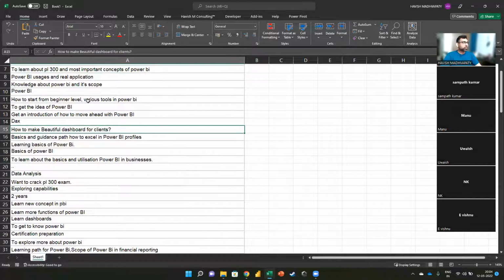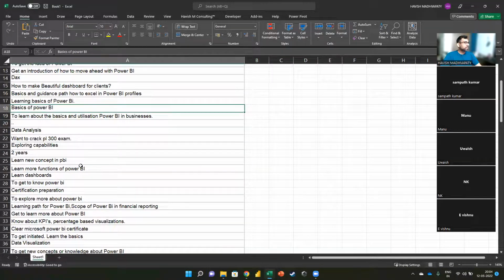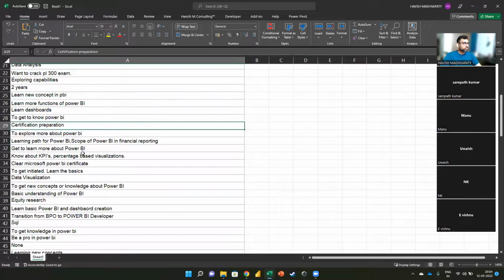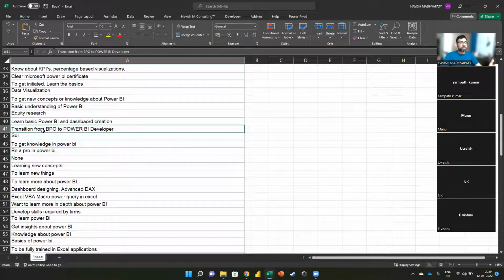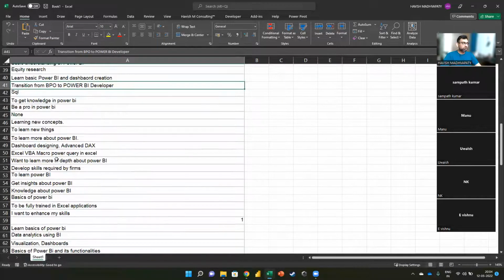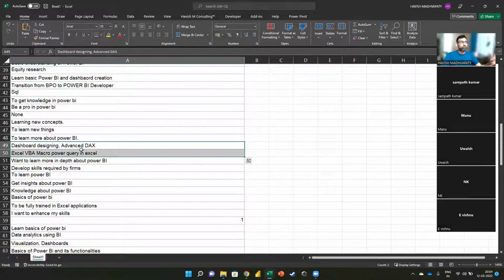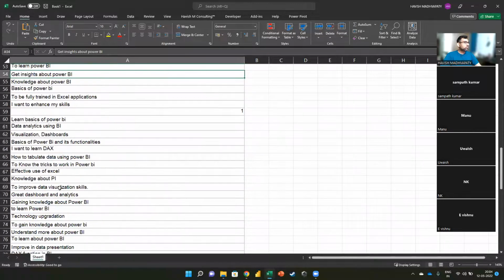Then we're looking at dashboards. We are looking at basics, certification preparation, know about KPIs and some calculation. Then I can see transition from a BPO to a Power BI developer. All right. Looking at design and looking at DAX, which is how you do calculations. Then we're looking at insights, knowledge.